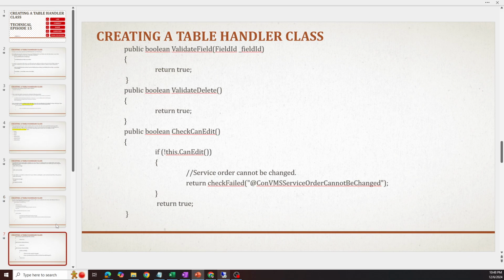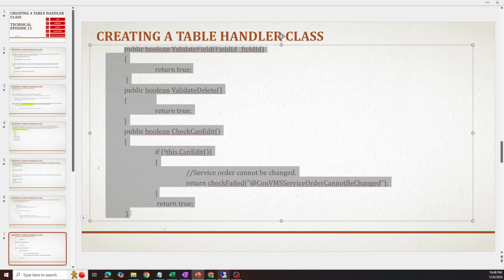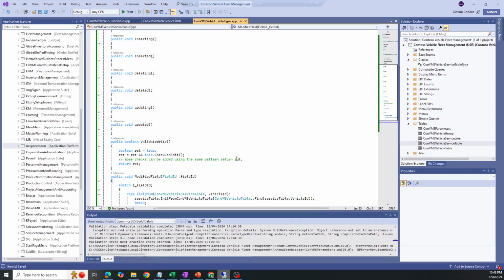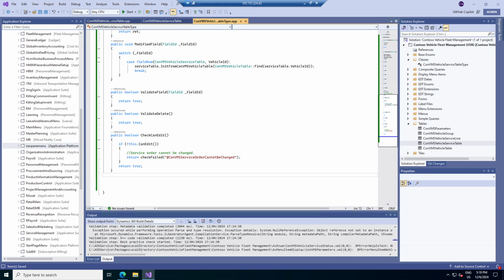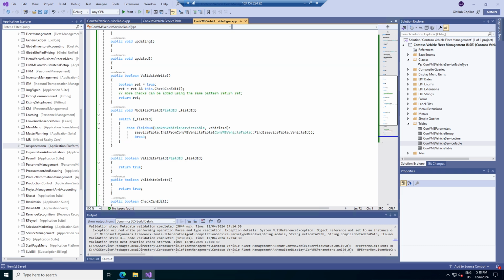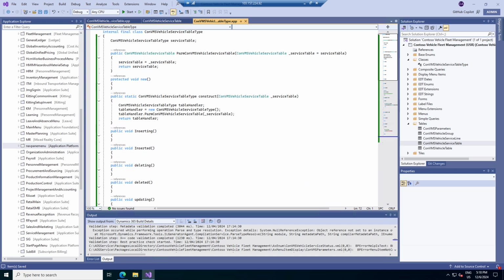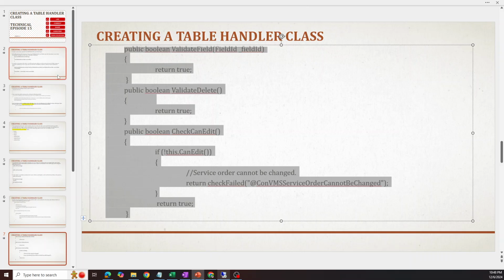Now this is done. This is the method which we are preparing for it. So we will go over here and we will save it. What we have done till yet: we have created a class. How to create a class, now you know. We have created a global variable. This is the global variable for the service table type class, the service table of this type. Then let me check what was the